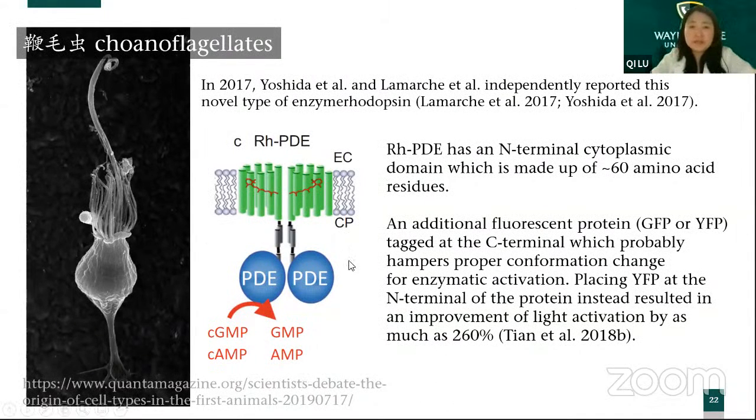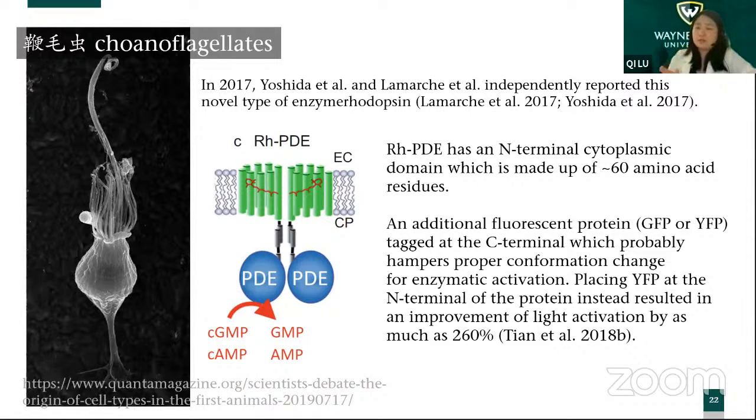So in 2017, these two groups both independently found this novel type of enzyme rhodopsin, and that's rhodopsin phosphodiesterase. It has an N-terminal cytoplasmic domain made up of 60 amino acids. And it's a very interesting part that for other rhodopsins,